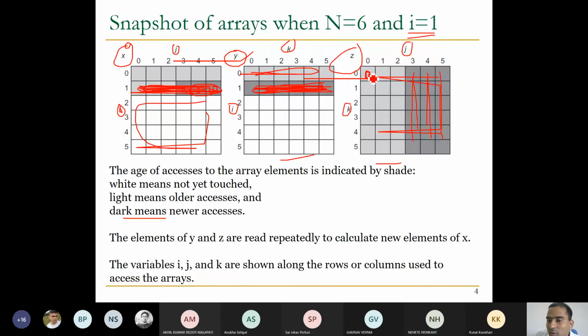although I'm repeatedly reading Z, in this case I first go through this entire column, this column, this column, this column, this column, this column, and then I come back to this Z. That means after 36 elements of access, at least after 35 other elements of Z, I'm again referencing the same element of Z. Whereas here,